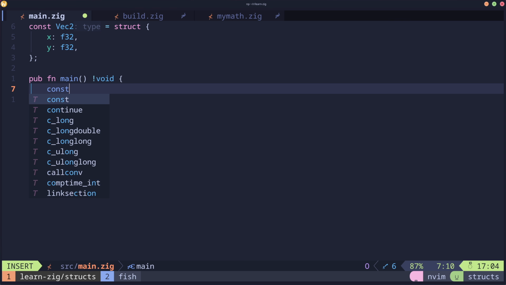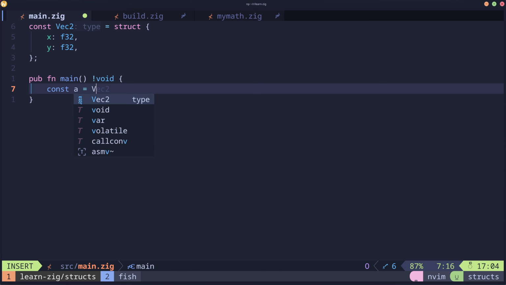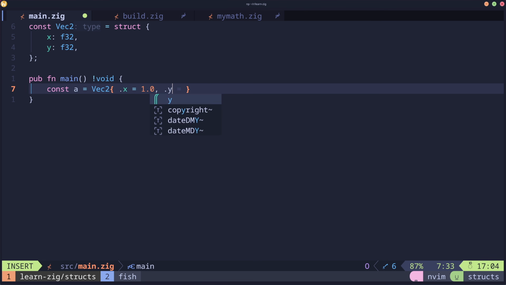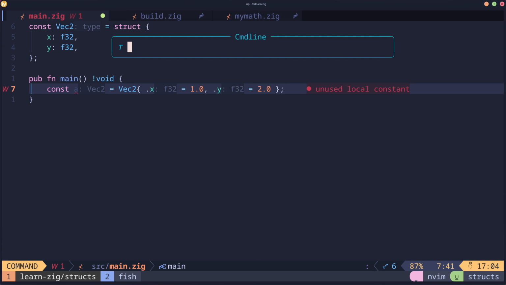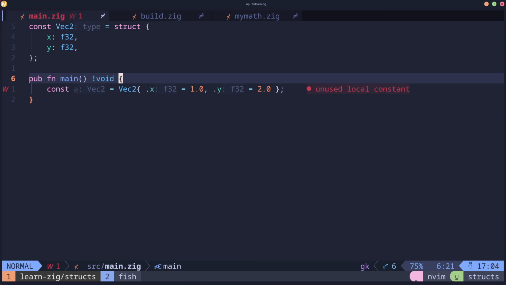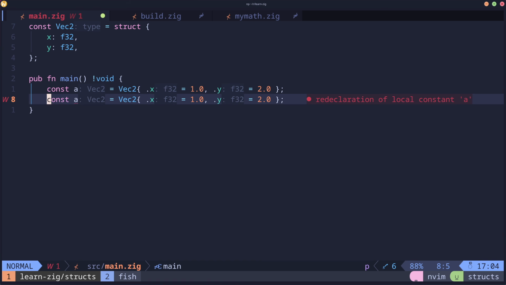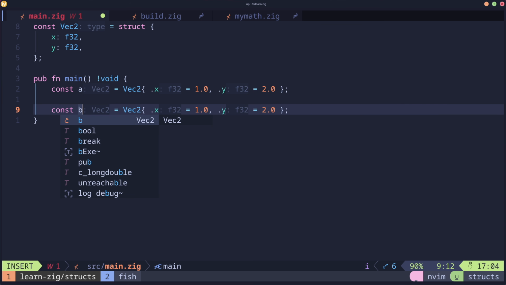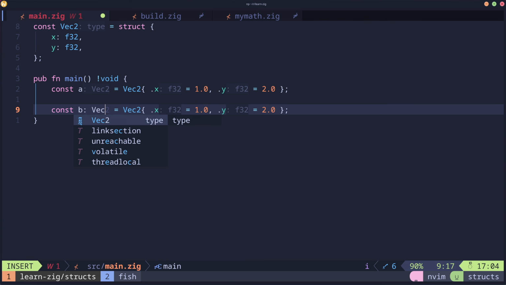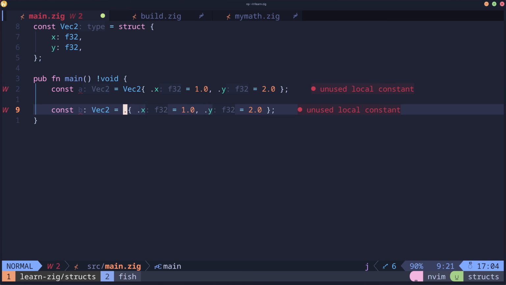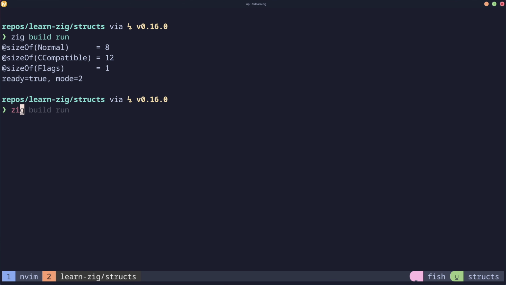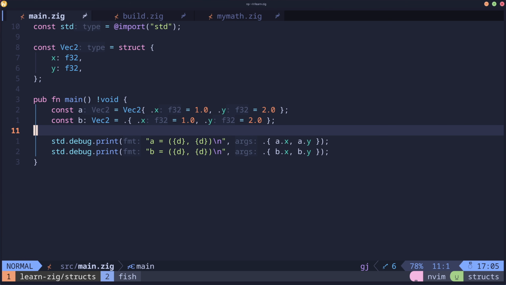And now to initialize one, you can just declare it like any variable, but this time it's going to be a Vec2. And then you'll use .x, let's just say 1.0, and .y equals 2.0. So now we have initialized a vector. And yeah, that's one way to do it. And now I'm just showing another way to do it, if you can infer the type on one side, so you don't have to write everything. So here we just infer the type on A, but in this case, we're inferring the type on the struct itself. Okay, now we can print A and B,